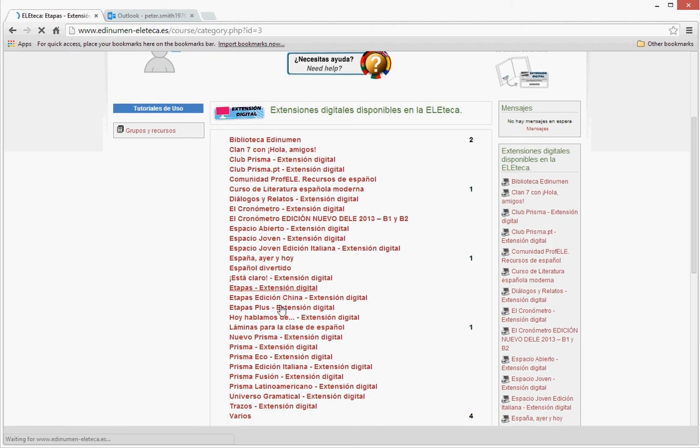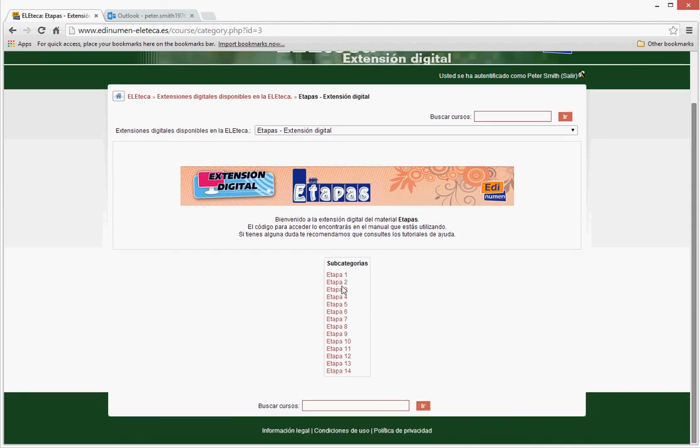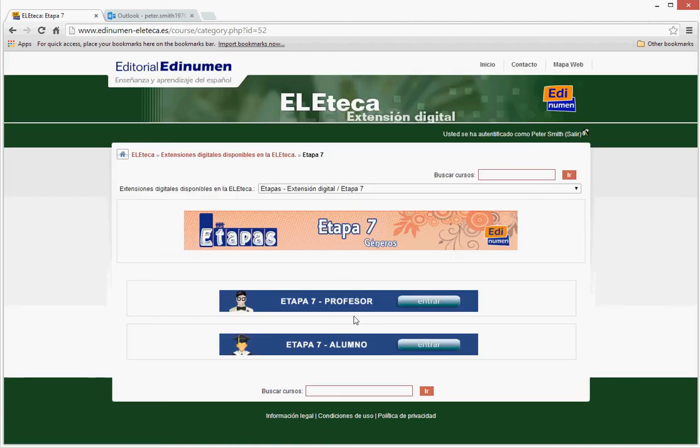So if you click that one there, you'll then be given all the books which we work through in class. The book that's relevant to your studies will have the number on the front of the page. In this case, we're looking at Etapas 7, so we'll click on that one there. And then you select whether you're the teacher or a student. So profesor or alumno will be the student. So if you select Entrar,